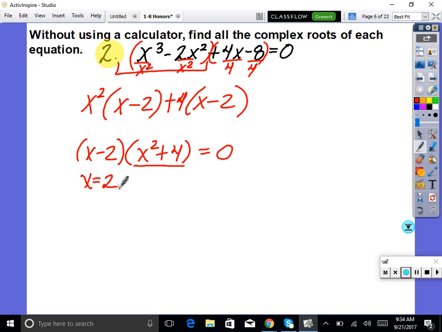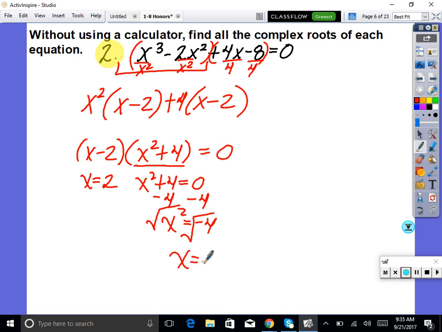X equals 2. A lot of you cannot do this correctly in your head. You get them wrong. So don't just square root it right here. Just write it out. X squared plus 4 equals 0. Solve for x. Minus 4. X squared equals negative 4. Square root both sides. X is equal to plus and minus